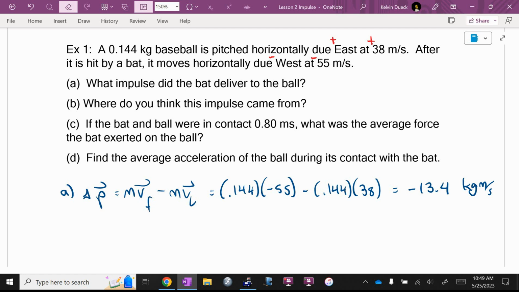Now, if you left it like that, I'd be okay. But let's write this as a direction. 13.4 kilogram meters per second. East or west? And how do I know? Why must it be west? Because what did Brendan decide negative was going to mean? You decided that. By the way, you could have decided to let west be positive and east be negative. You would have gotten a positive answer, and you would have said positive is